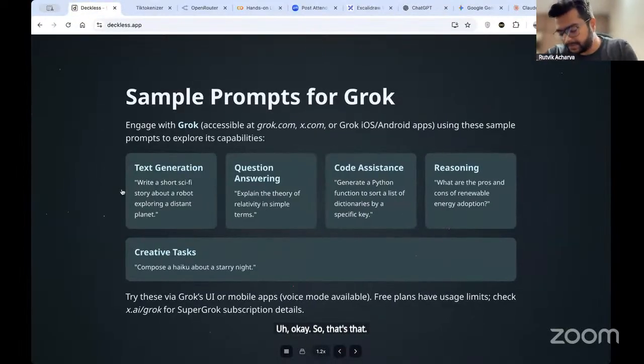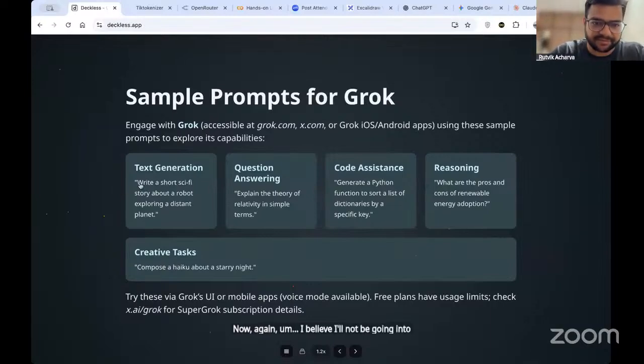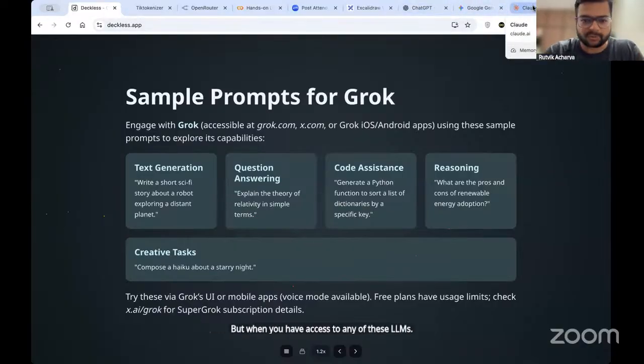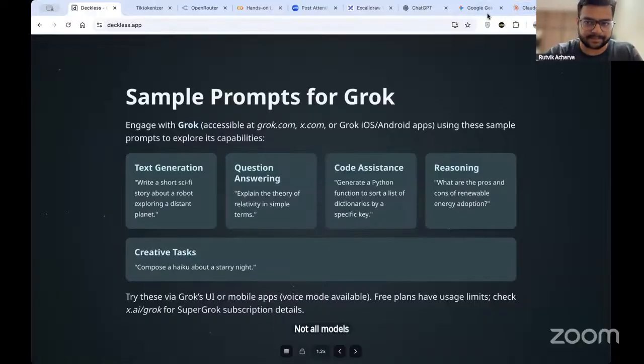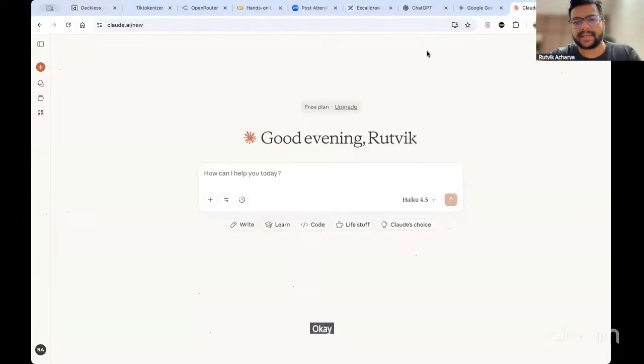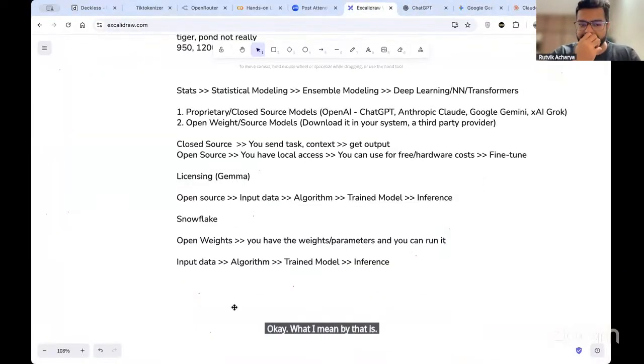Now, again, I believe I'll not be going into very basic stuff, but when you have access to any of these LLMs, it is always a good idea to try it out. Not all models are the same. By far, they are not the same. Okay. What I mean by that is, if you would have seen